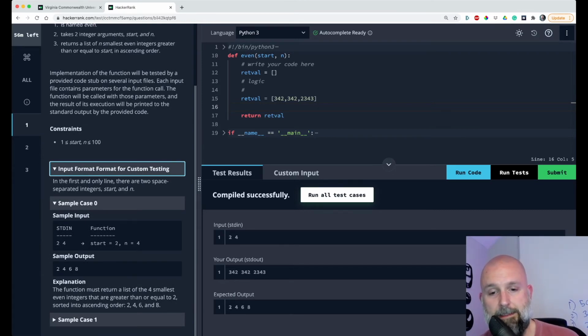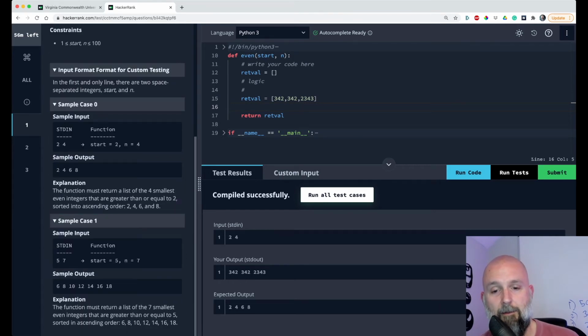And then it shows you a sample case. So it says standard in 5, 7. So starting at 5, it wants a list of even numbers. It wants 7 even numbers. So without looking at the example output down here, I'm ignoring it. 5 is not an even number, so I'm going to start probably at 6, 8, 10, 12, 14, 16, 18, or whatever. Yeah, I said that right. Okay, and as now I see in the sample output, that's what I'm supposed to get.